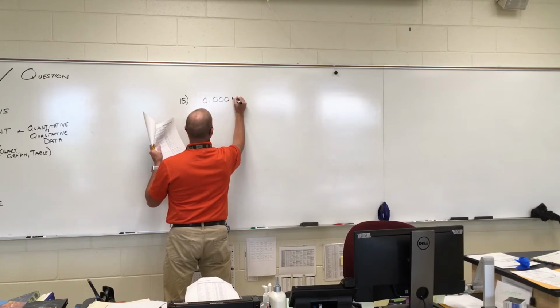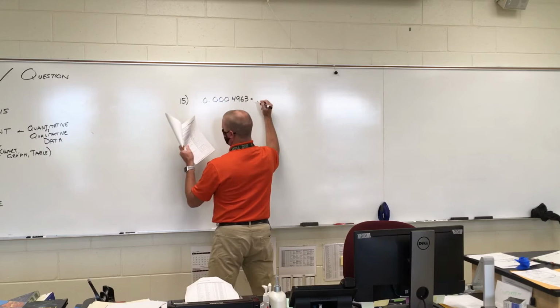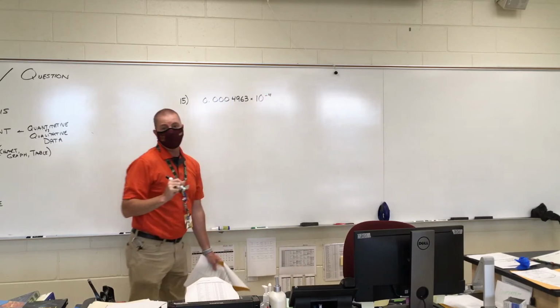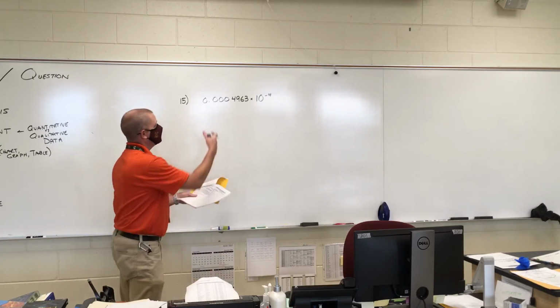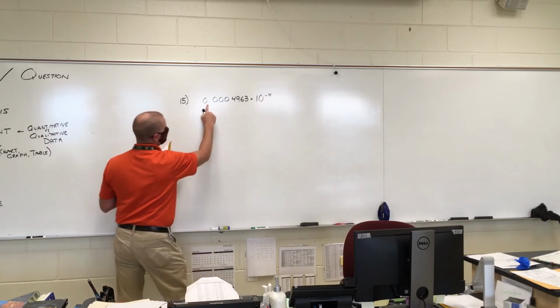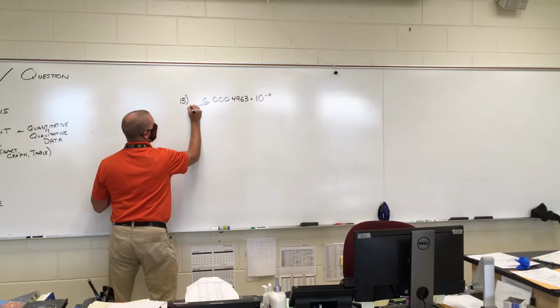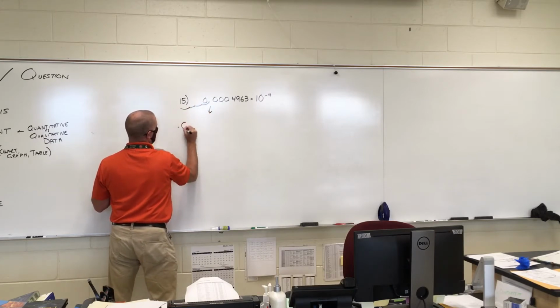0.0004963 times 10 to the negative 4. And this wants us to put it in proper scientific notation. So the first thing I would do is I take it out of it, right? Because this is not properly formatted. And so something to the negative 4 means I'm moving the decimal 4 places to the left, doesn't it? So it'll be 1 plus 3 more, okay? So what that number is going to become is